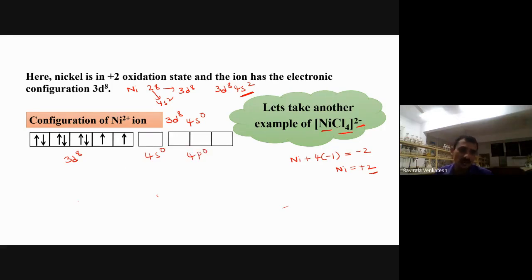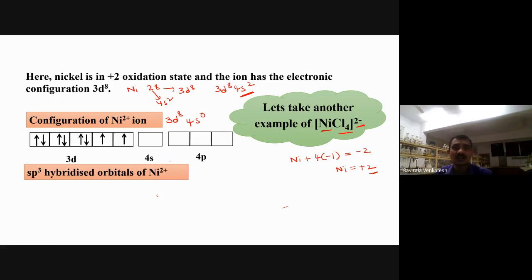After writing this, what do we have to do? Now we have to see whether the ligand is a strong ligand or a weak ligand. Now see, any halogen will be a weak ligand. Cl is a weak ligand. So don't pair these electrons, don't bring this electron here, because this ligand is weak. Don't put this unpaired electron into a pair. So here no need to do anything.